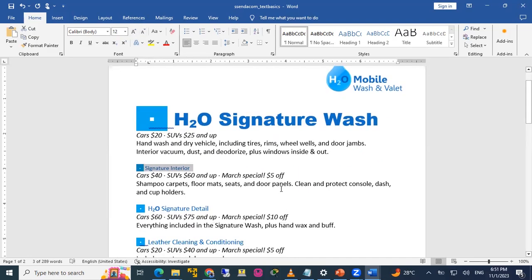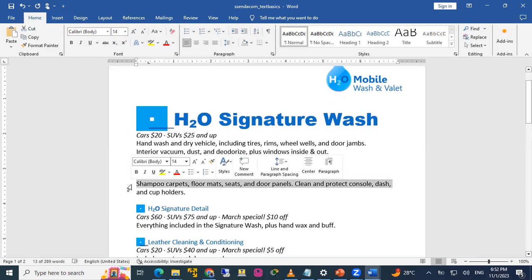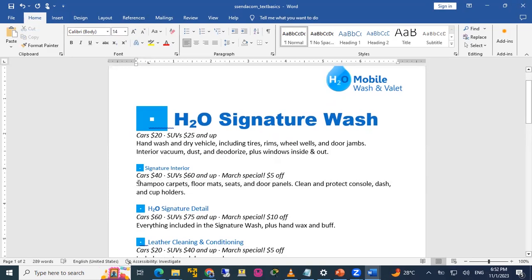If you want to change the color of the font, you select. So I want to change everything from shampoo to the end, dash. I want to change this and make it red. So as usual, I select the text. So even if I want to do only shampoo, I can select the text shampoo. And then I go to the font command, and then I look at the A. You always see an A, and then the underline. We have the auto is black. So if you have not used color before, you will see black over there instead of the red you are seeing. So if it's black, then it means that you have to go and select the red here.